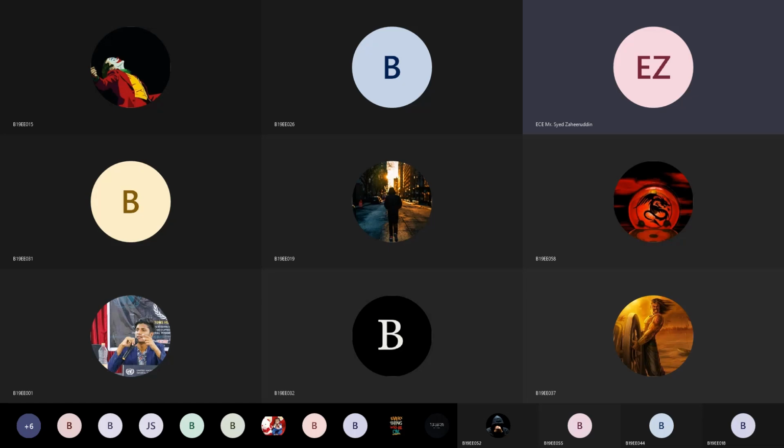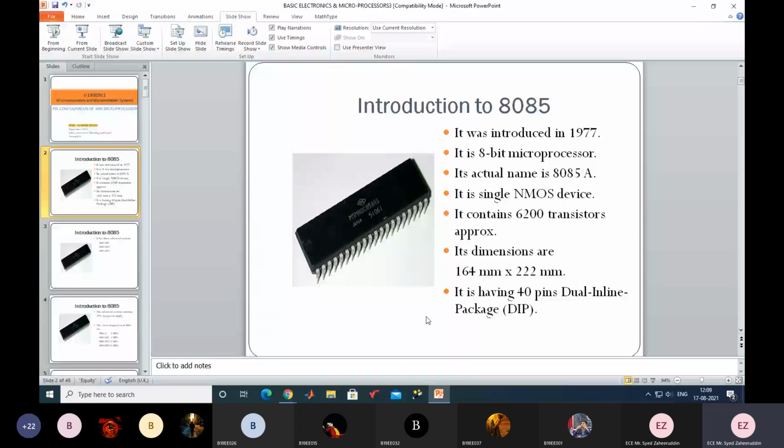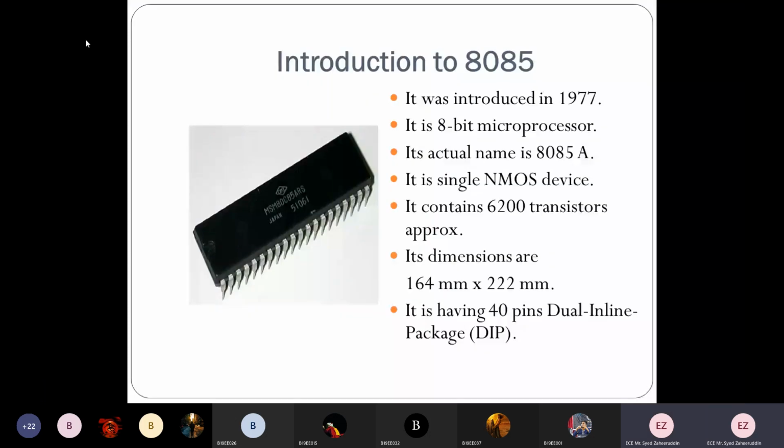So here, when you go for the introduction of your 8085 microprocessor, this 8085 microprocessor was developed in the year 1976, but it was brought up to the market by 1977. In 1976 it was manufactured, but when it was brought out, it took a time of a year or something like that, and it was fully operative once in 1977.